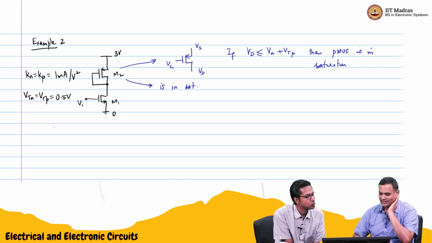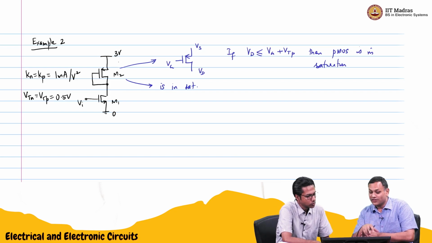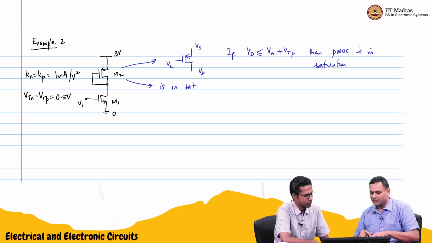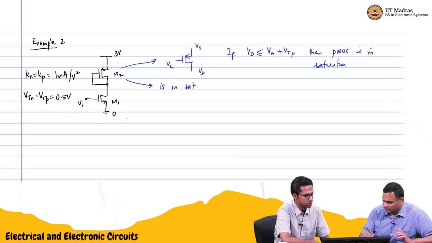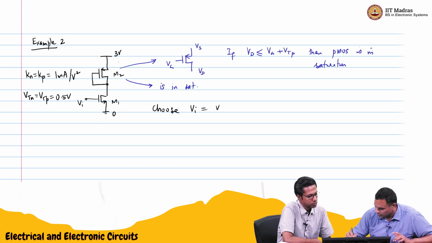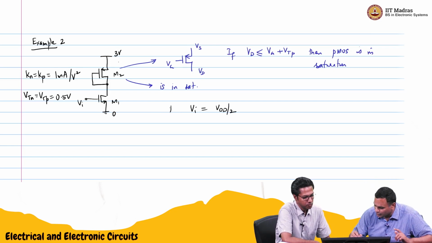So we'll do it like this. So now what is the question? What did you want to do? We'll find out the ID, and I wanted to know the output voltage also at that time. So shall we set Vi to be VDD by 2? We'll need to choose something, no? So if Vi is equal to VDD by 2,